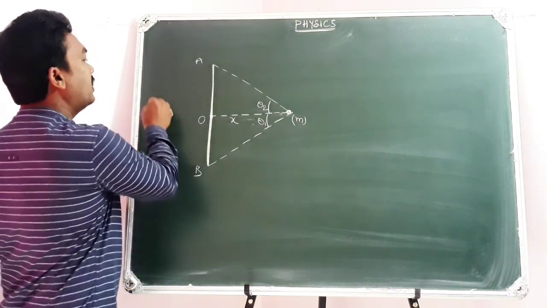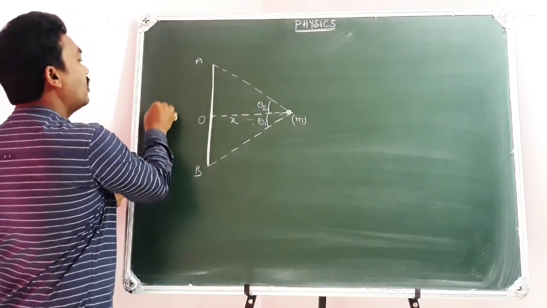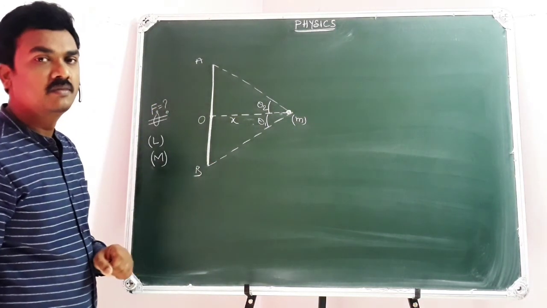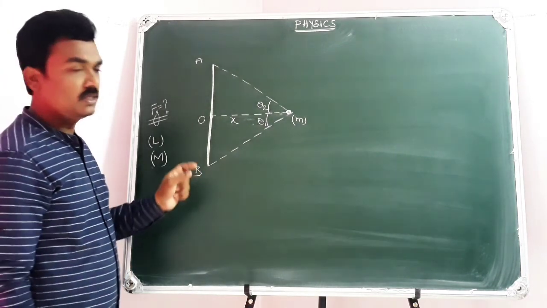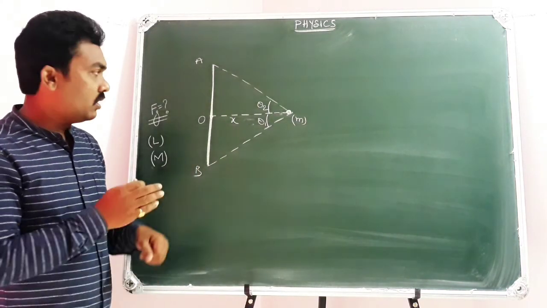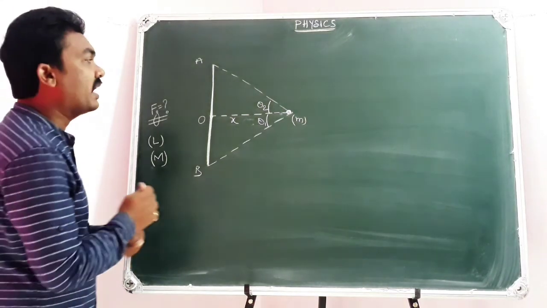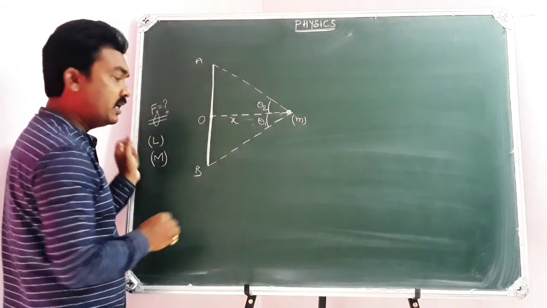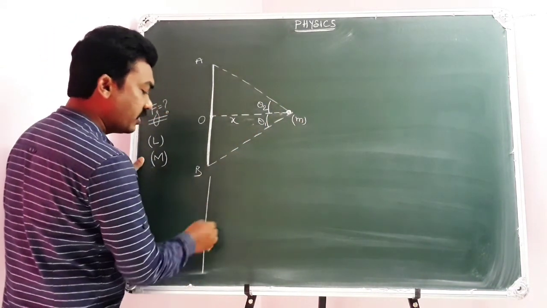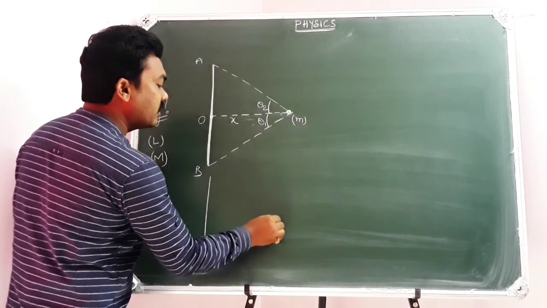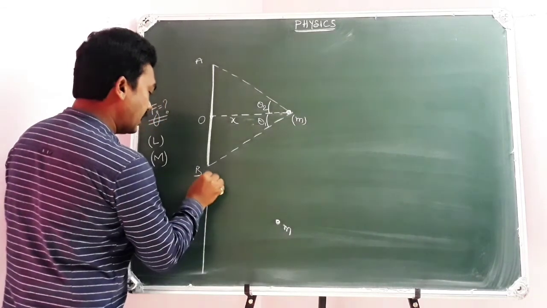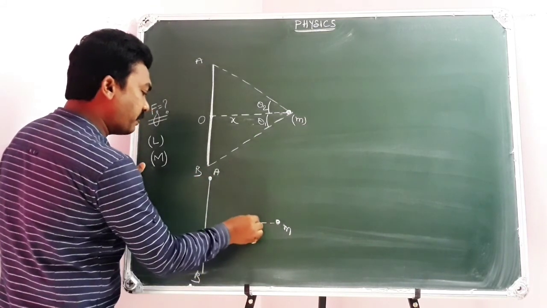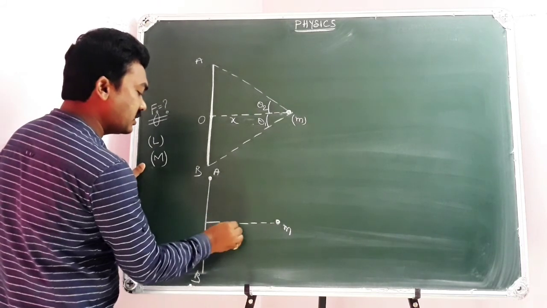So here I am going to calculate the force of gravitation on the point mass due to the rod. That is my point. Have you got it? This is the question. Now I am going with the calculation part. Let me take for some time the mathematical part of the calculation. Listen carefully. These are the two ends of the rod, A and B. Here the perpendicular distance of the mass is x.